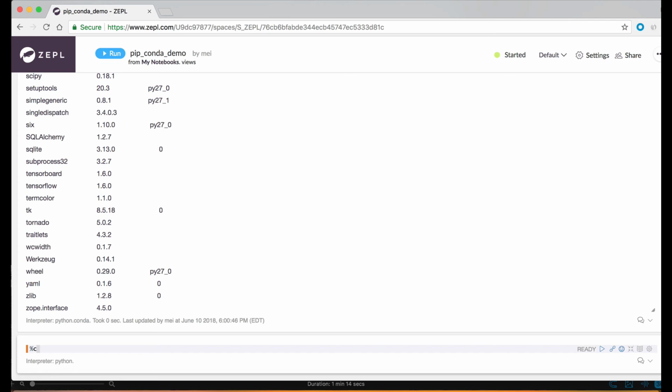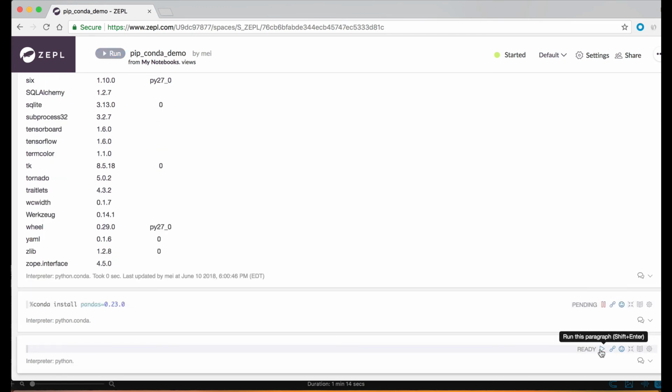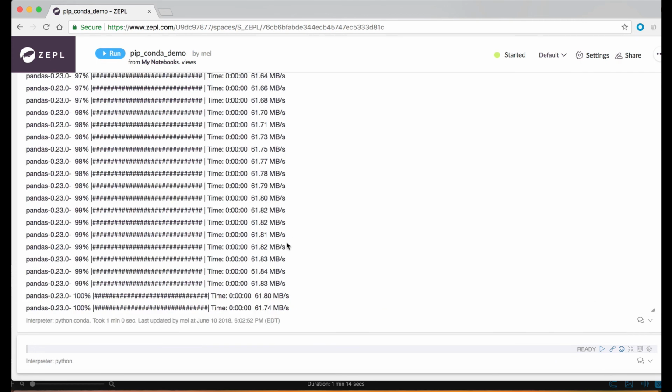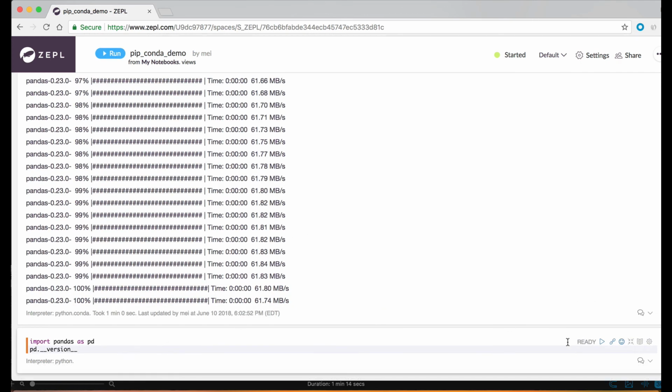By running conda install pandas=0.23.0, it is going to upgrade my pandas package to 0.23.0. This is how easy it is. Now let's make sure that we have successfully upgraded pandas to the